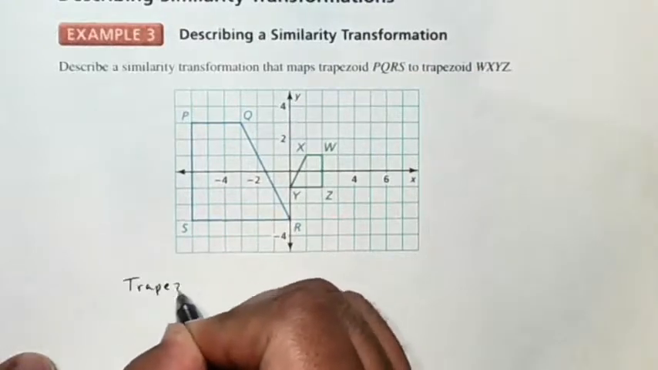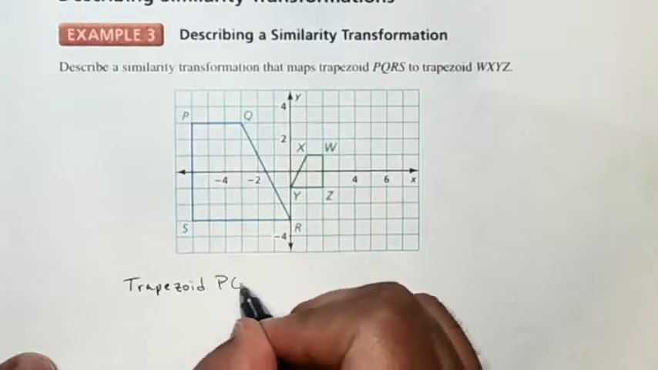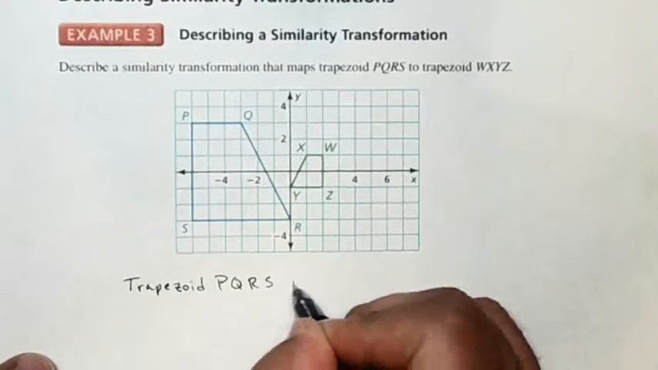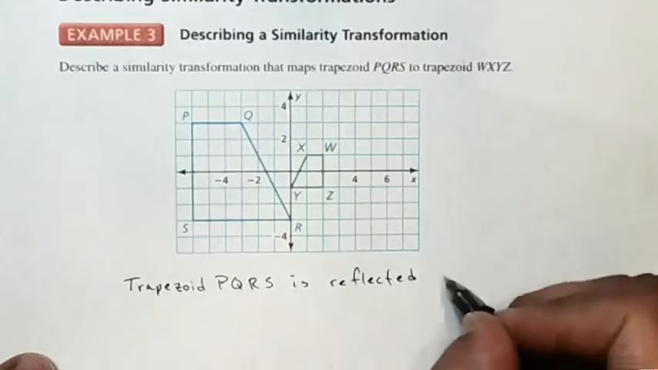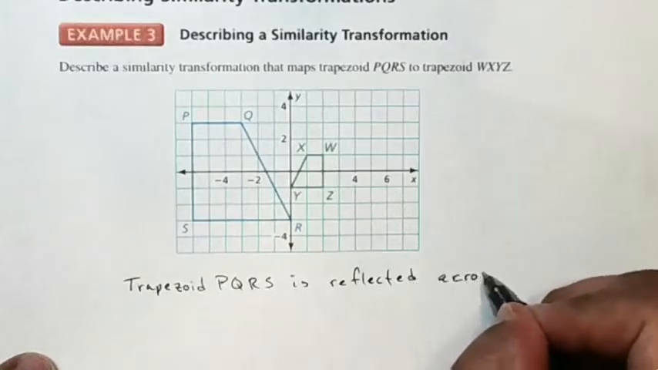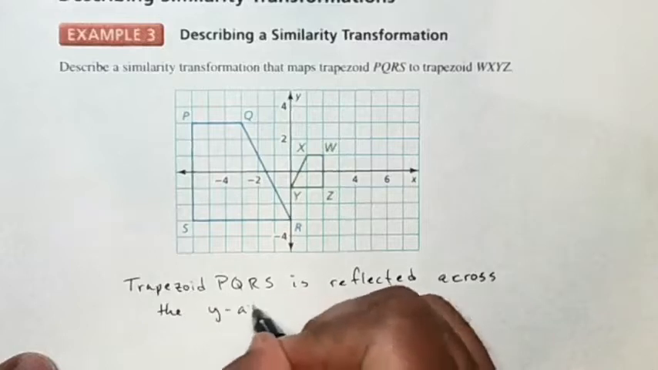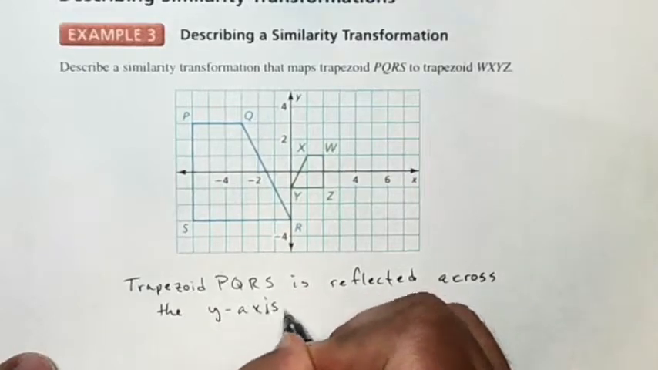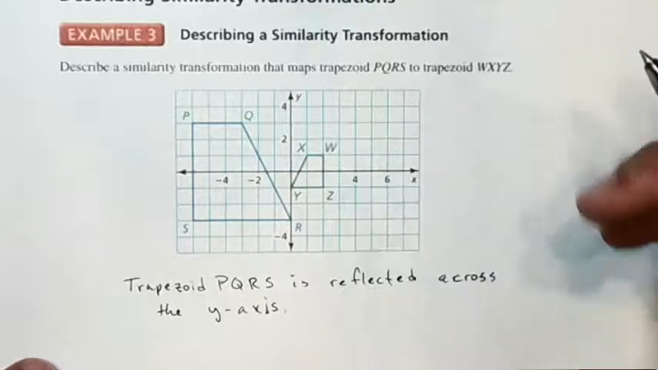Trapezoid PQRS is reflected across the y-axis. Okay, it looks like that's what happened first, and then obviously it's smaller, so we got to kind of compare